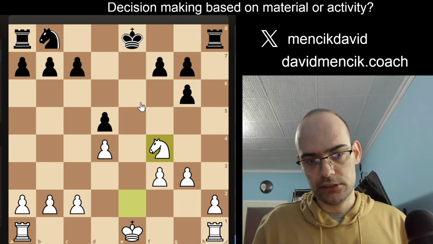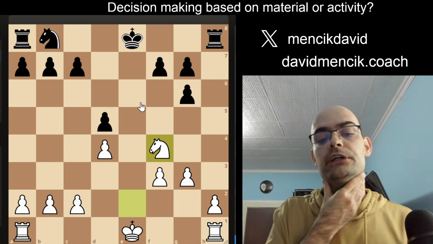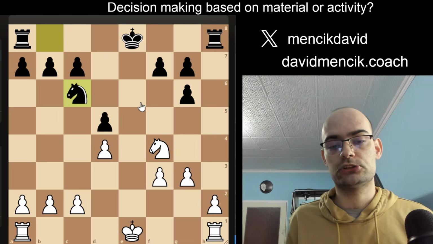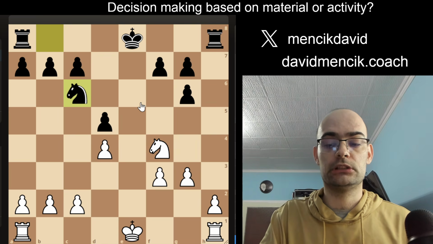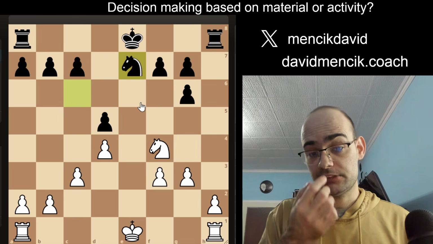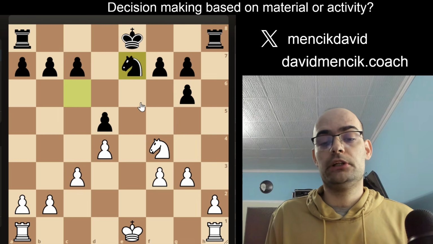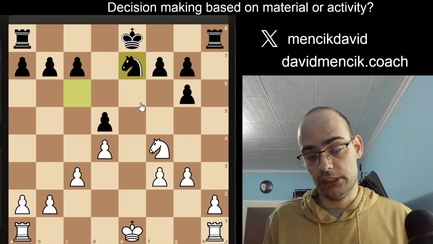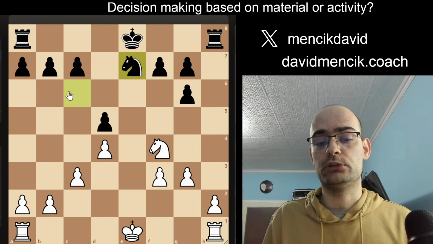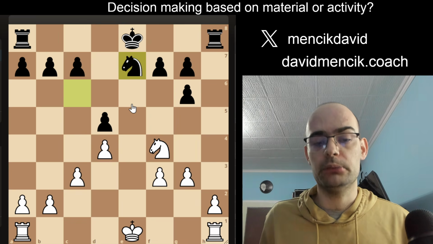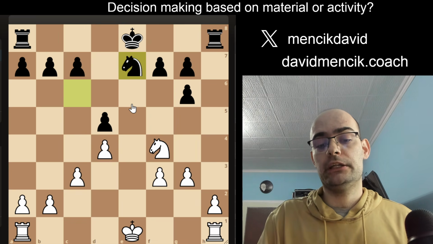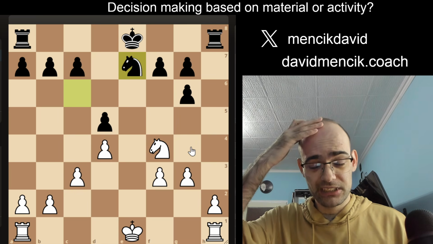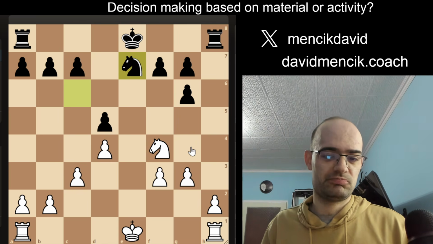Okay. But here in this position, the move that was overlooked and is very important is the move knight c6. So now the pawn on d4 is also hanging, as well as the pawn on d5, and importantly, after the move c3, knight e7 is possible, after which there is no way that white is better in this position. The knight has placed itself on a nice square. This pawn can be moved to c6 if needed. If not, it can maybe even be pushed to c5 later on. And a move like g5 would potentially even move this knight from a good square, even though in this case it doesn't really matter, the position is equal.